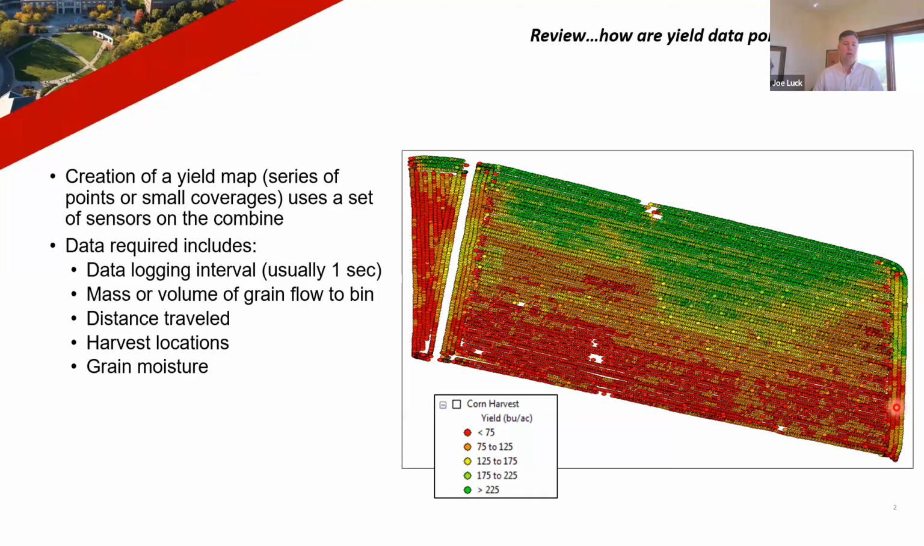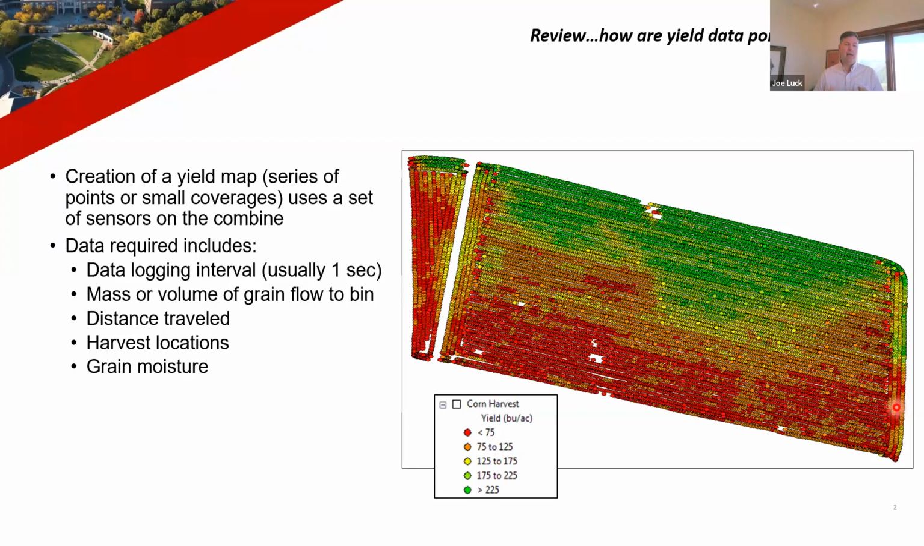One of the first things we'll talk about is what actually goes into creating these yield maps. The typical map, like you see here on the right side of the screen, is a series of points that are collected out in the field while we're harvesting. And typically,